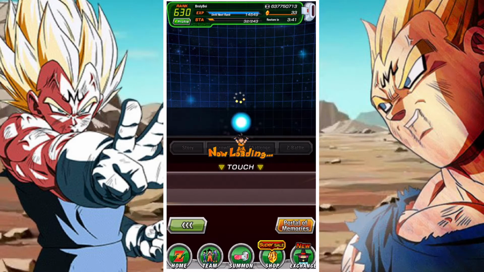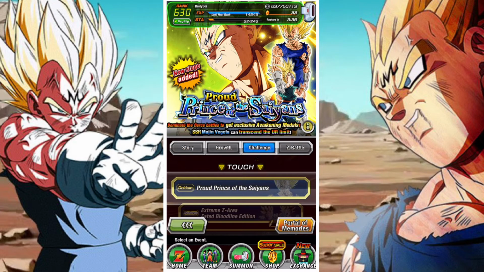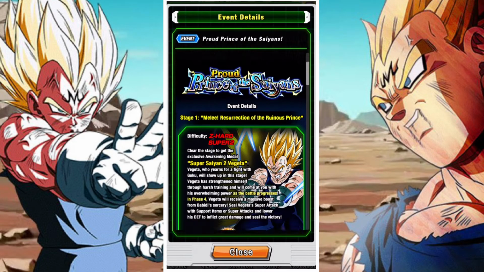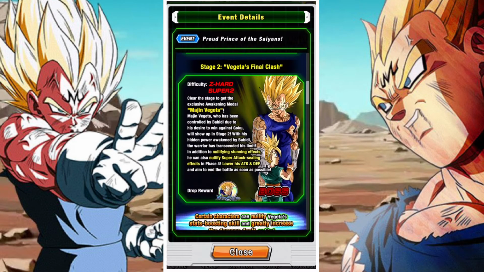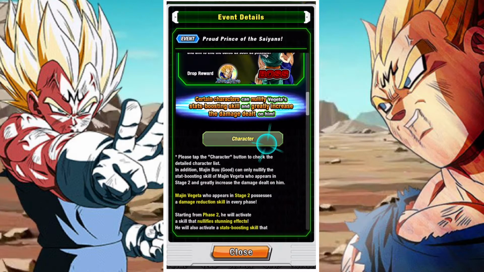In this video we are going to take a look at the Dokkan event for the INT Majin Vegeta. So there is the Prince of All Saiyans, or the Proud Prince of All Saiyans, and this is a new stage that's been added for the Majin Vegeta. It's stage 2, Vegeta's Final Clash, and this is basically the new Dokkan event to get the medals to